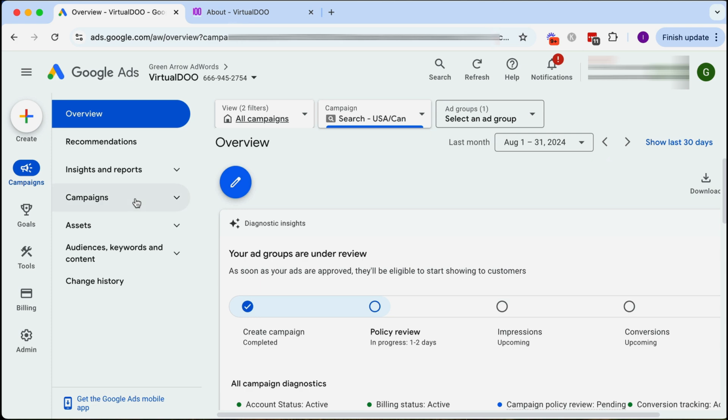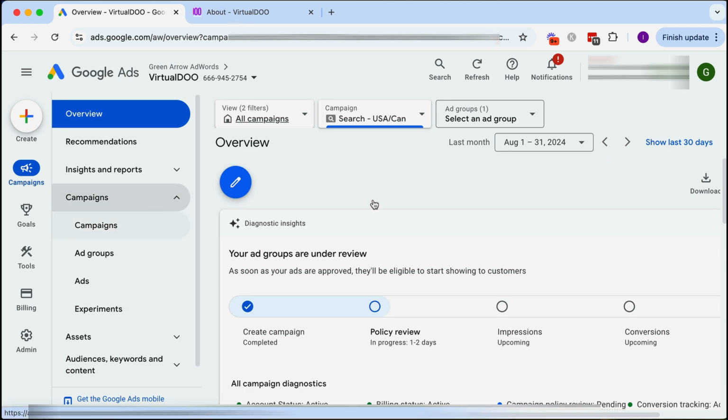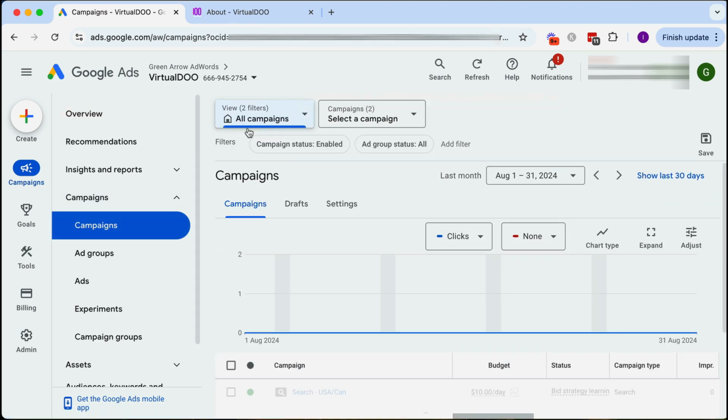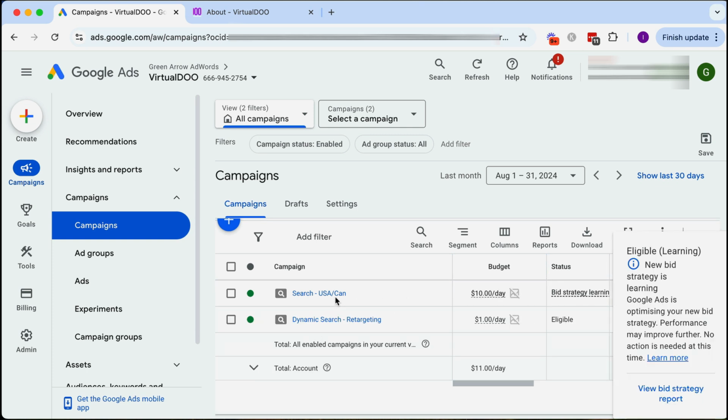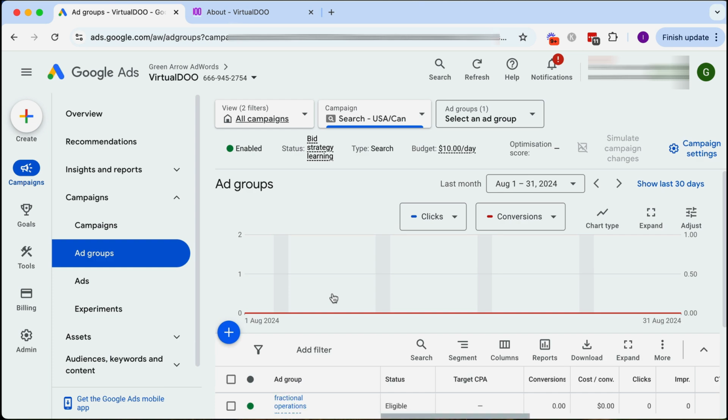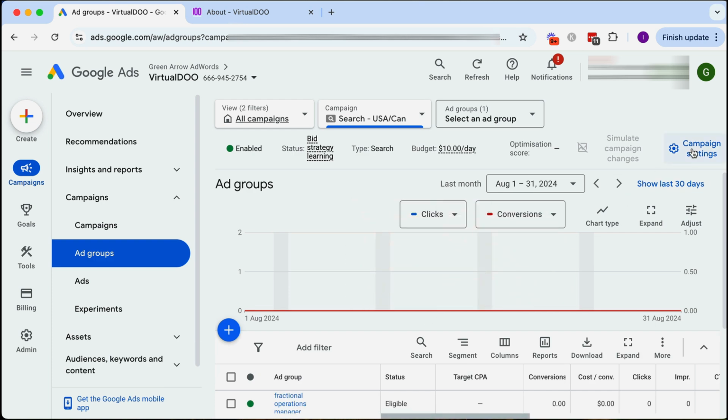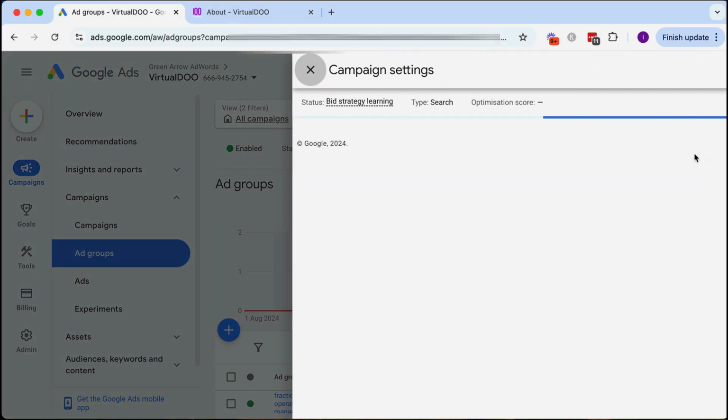Great. And if we go to our campaigns, you'll see here, if I click on all campaigns here, you'll see here is my newly created campaign. It says Bid Strategy Learning. So remember I said I'm going to show you how to change the bid strategy. So we go to click in the campaign, go to campaign settings,